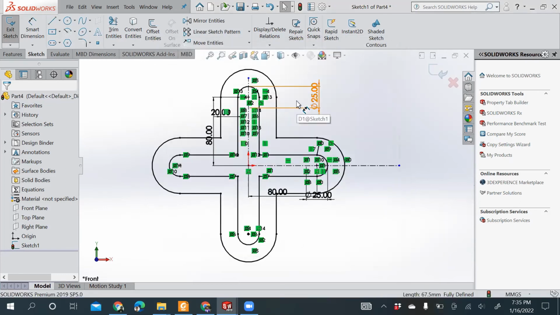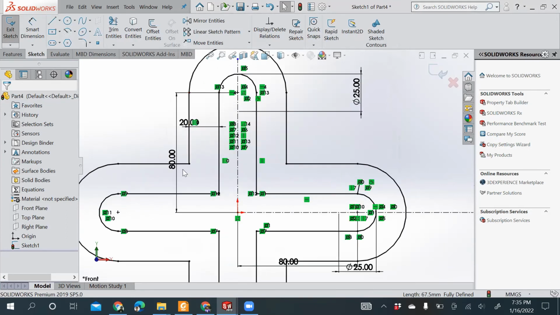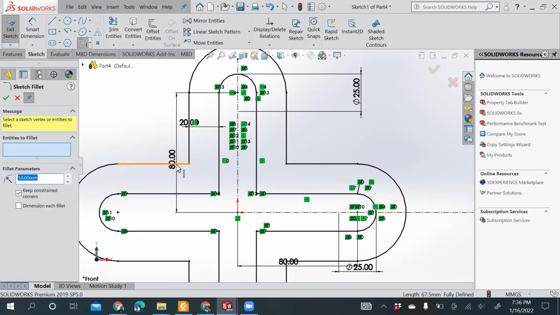We'll now move on to using fillets. What a fillet does is it actually cuts out the corners. We don't need these sharp corners in our sketches. What we will do is sketch fillet these particular corners. See, just selecting this particular corner gives it a fillet. I'm not concerned about the dimension right now. This dimension would ensure what is the radius of your fillet.